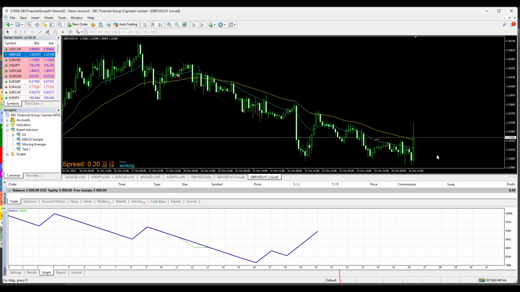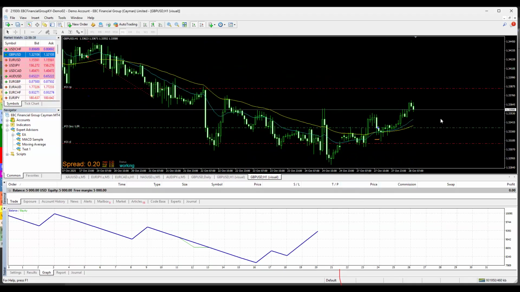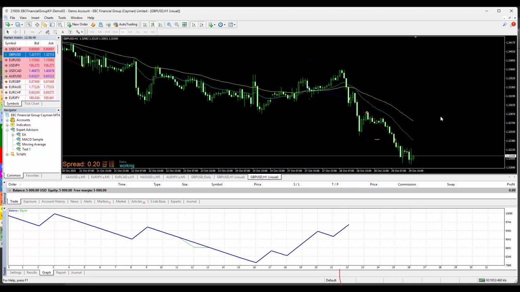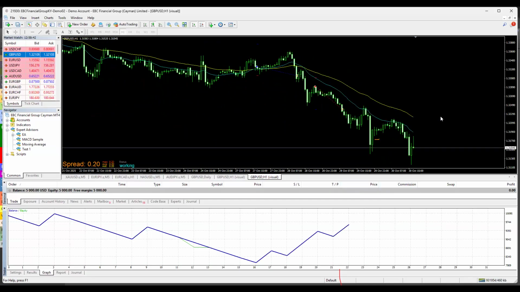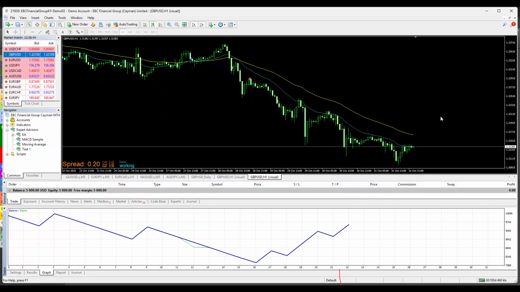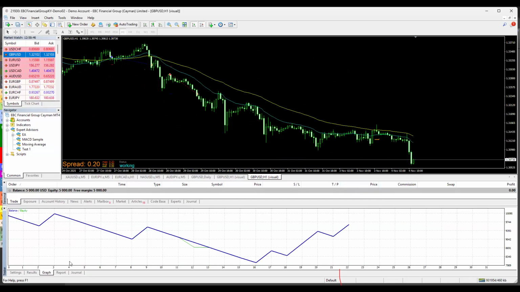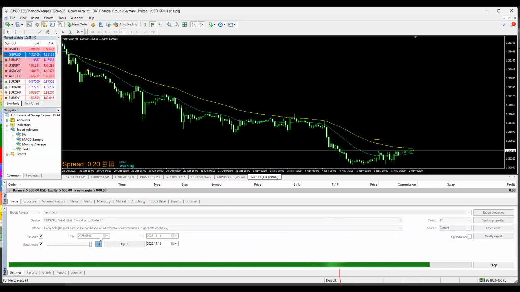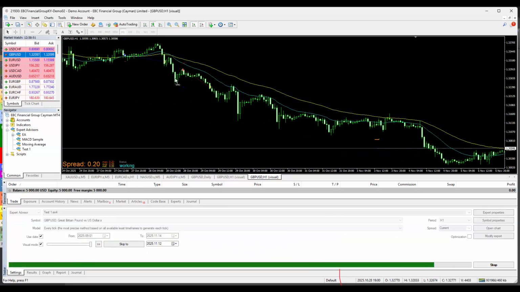Now, I don't know whether we have the time. I actually wanted us to build the EA together to work dynamically instead of using a fixed stop loss. For instance, would you not like to have a situation where the EA takes a sell trade from here, just like it did, but instead of